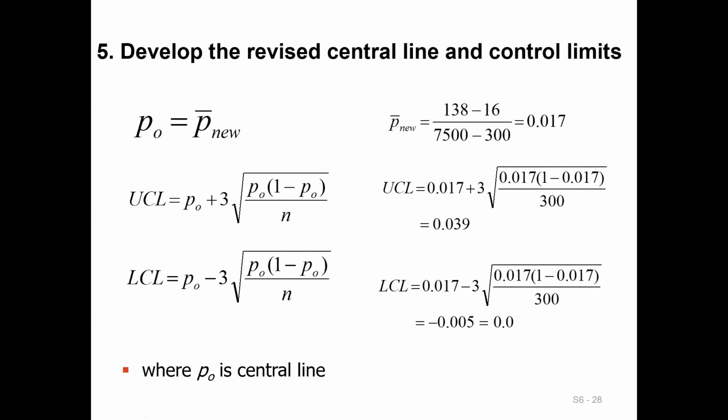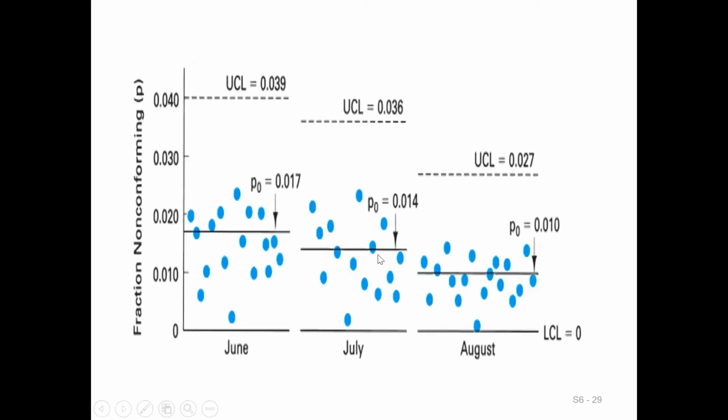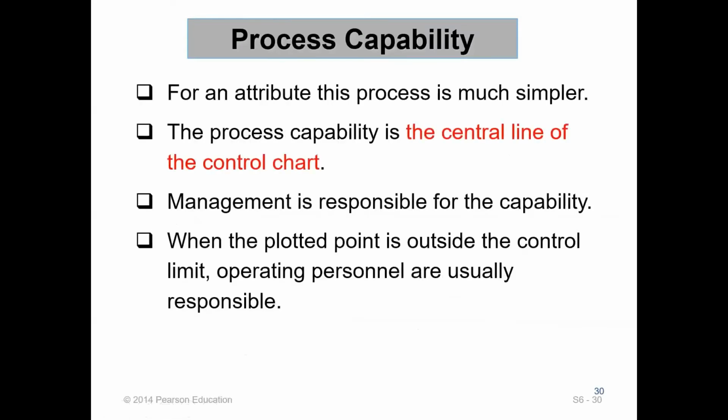As we discussed in the X bar R chart, this will be a continuous process. Our idea is to continually improve, and if possible, we want to reduce the sample size until the process is stable. Once the process is stable, then you can look into the process capability. I told you earlier in the first few slides that process capability for an attribute chart is very straightforward. In 1 second you can get it done.